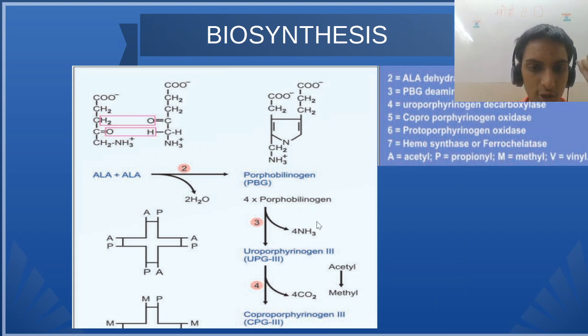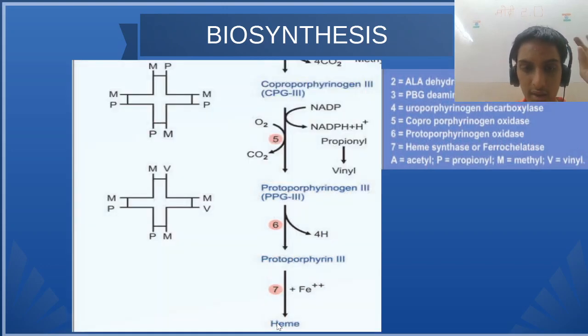Now let us continue further with the steps. Two molecules of delta ALA will combine, by release of two water molecules will get PBG. So PBG, now four molecules of PBG will combine. Release of four ammonias will get UPG3. On decarboxylation, CPG3. Then on oxidase, oxygen to CO2, NADP to NADPH2 will get